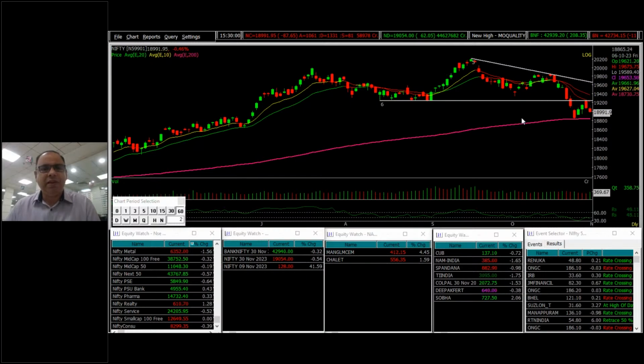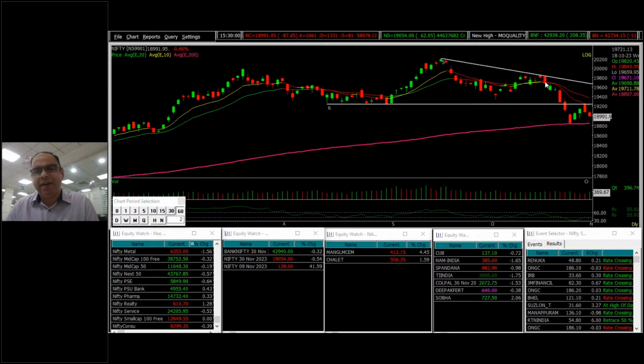What we can observe from the daily chart is that after a sharp decline, the market has made an attempt at an upside bounce from the lower levels. The 19,200 level happens to be a strong resistance, and the market failed to sustain above it. We mentioned earlier that even though Nifty shows an upside bounce, moving decisively above the 19,200 to 19,300 area is going to be very difficult, as the market turned down from the higher levels and is currently showing consolidation with a weak bias.